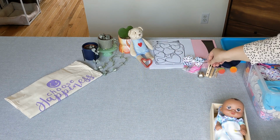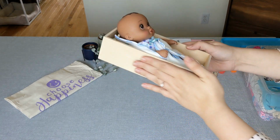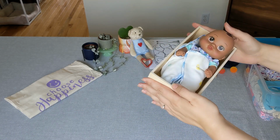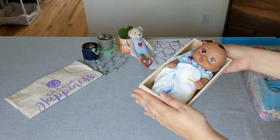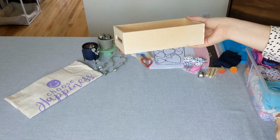There's another clothespin. And then here is her little doll, and I figured she could use this as a doll bed or a bed for her bear. This came in a kitchen toy that my daughter got. It just had some food kitchen items in it, so I thought this would make a nice little doll or